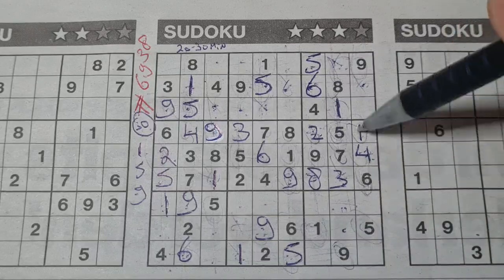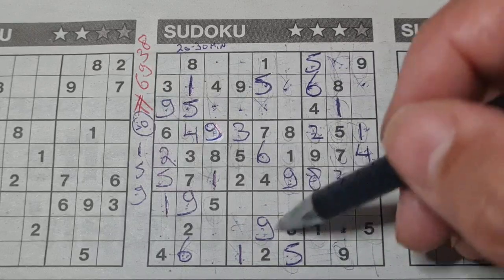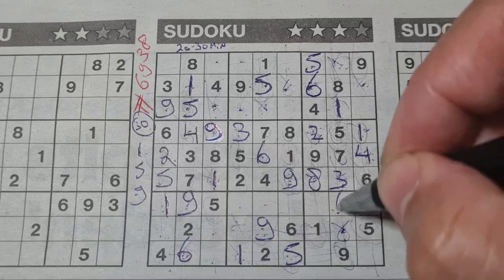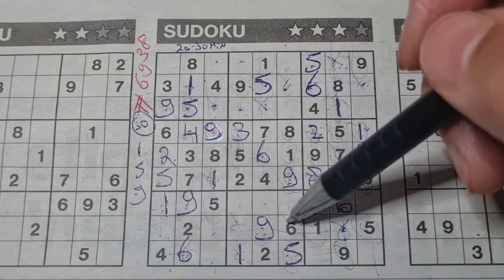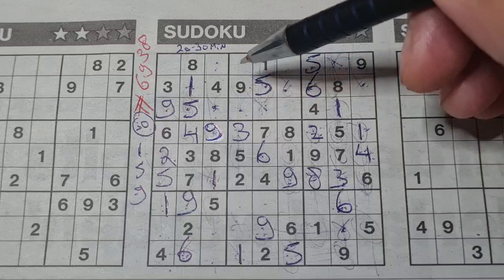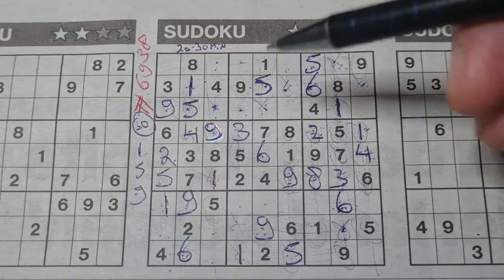6 in this column, 6 in the last column. So the column between, only 2 places left for the 6 should be here or there. We see a 6 in this row. No 6 there. 6 should be there. 6. Wait. Nope, I cannot continue with the 6 now. Need to wait. How about the number